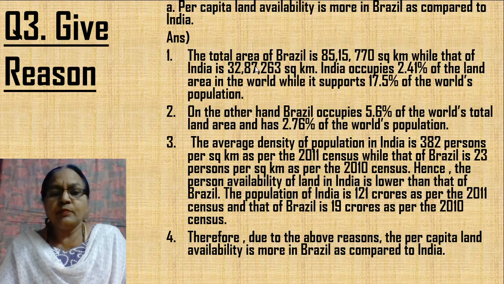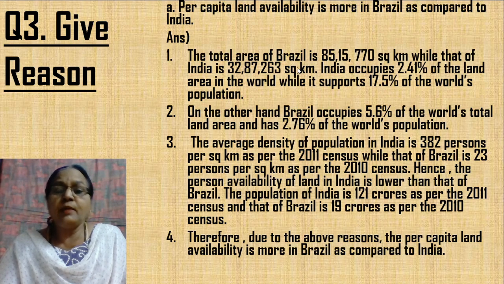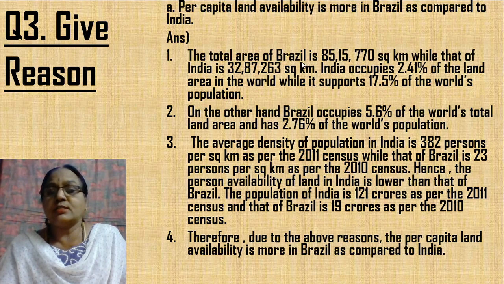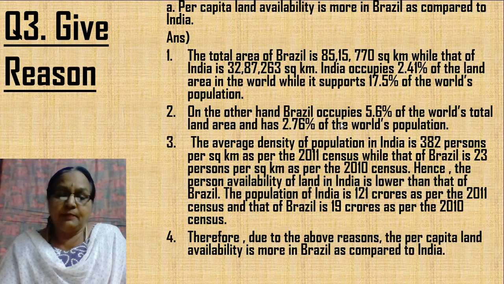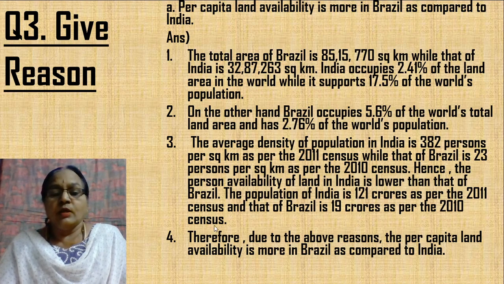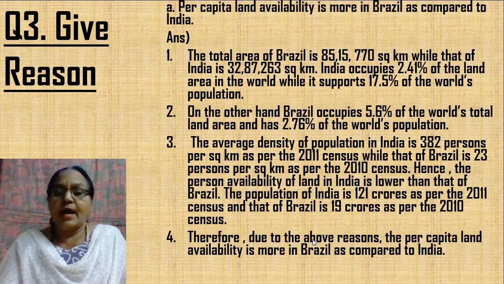3 points here. The third point you can bifurcate into 2 points. That is, the population of India is 121 crores, which you can take as a 4th point also. So you have got a total of 4 points out of this. You can write 3 points. Remember that the figures given here you'll have to write accurately. So due to all the above reasons, we find the per capita land availability is more in Brazil as compared to